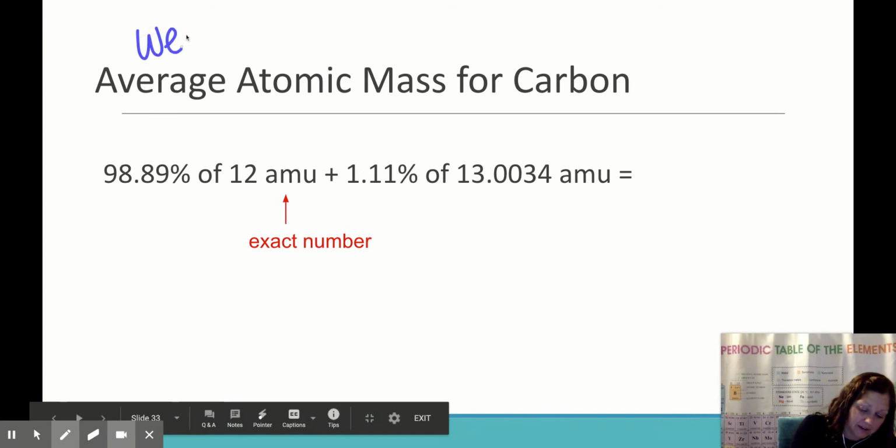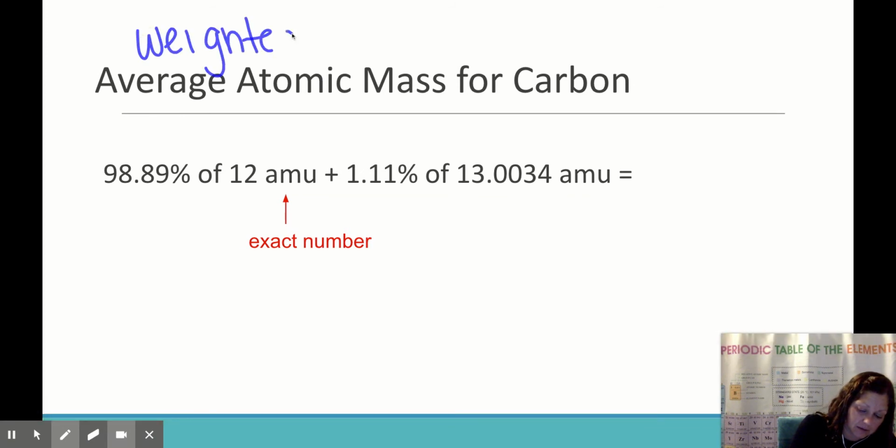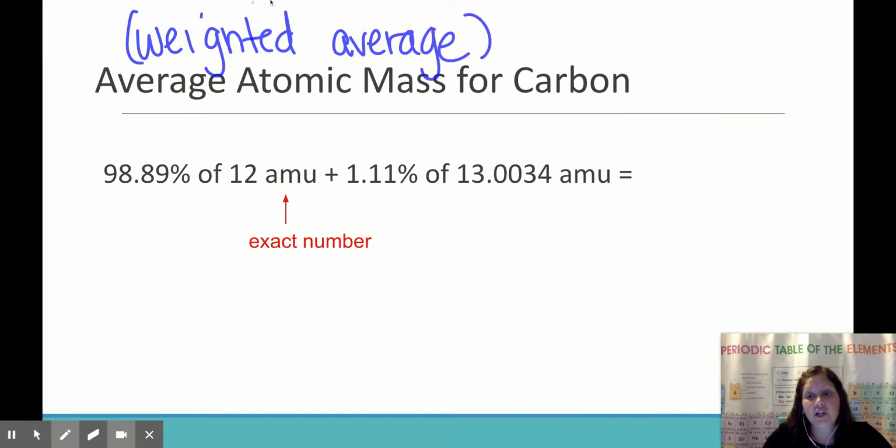We get a weighted average because the average atomic mass, also just known as atomic mass, which is found